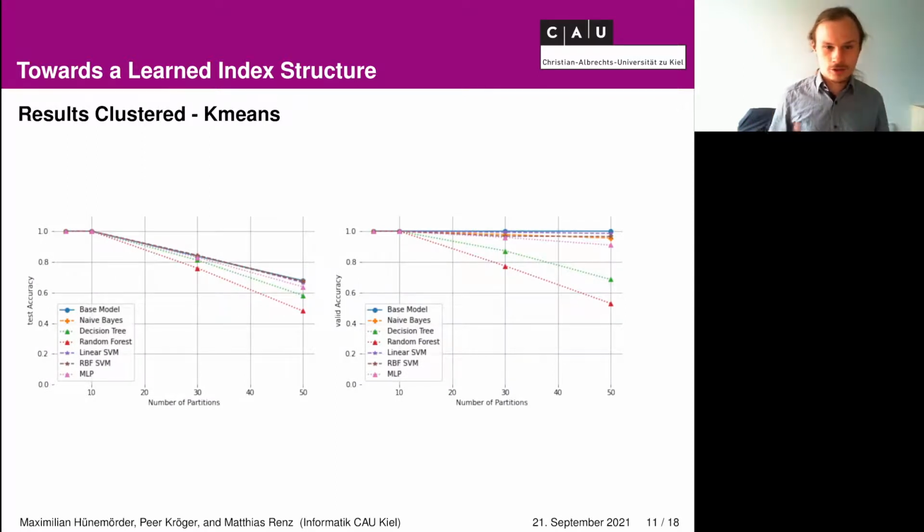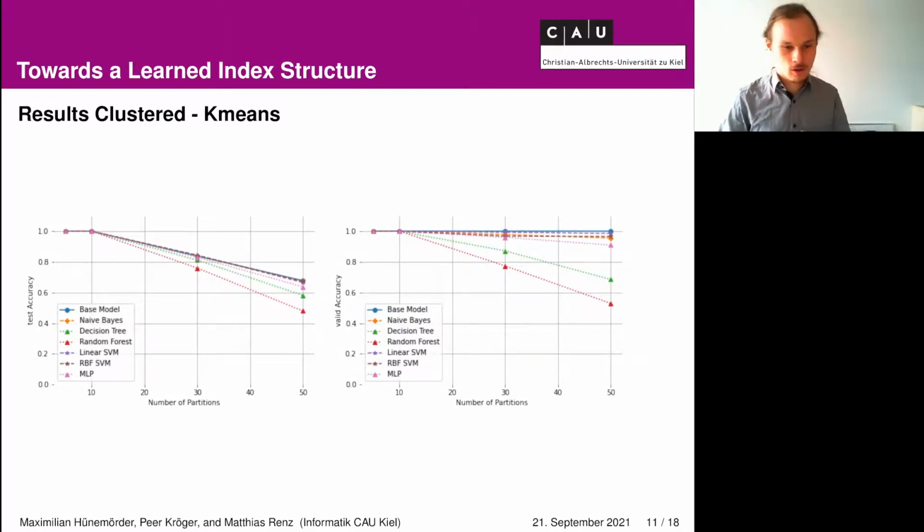So let's actually look at the results. First we start with the clustered data sets. You can see down here the number of partitions. We always kept the page size constant. So the page size was 10,000 samples, and the partitions then